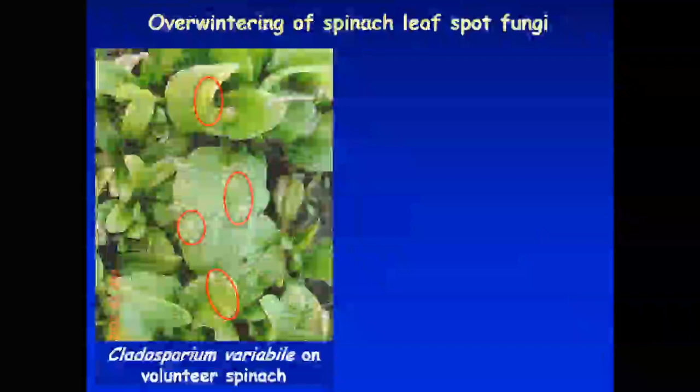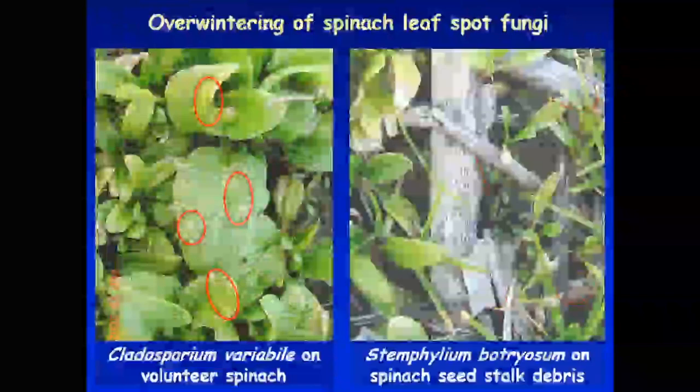So I wondered, well, what's Stemphylium doing if it's not around on the leaf spots? Well, lo and behold, the closer I looked, besides the volunteers you see in these fields, you find this woody stem tissue. You see that picture on the right? Spinach seed crops don't get truly woody, but once they dry down, that stem tissue, which can be pretty thick, takes on a woody-like appearance. That tissue takes a long time to break down.